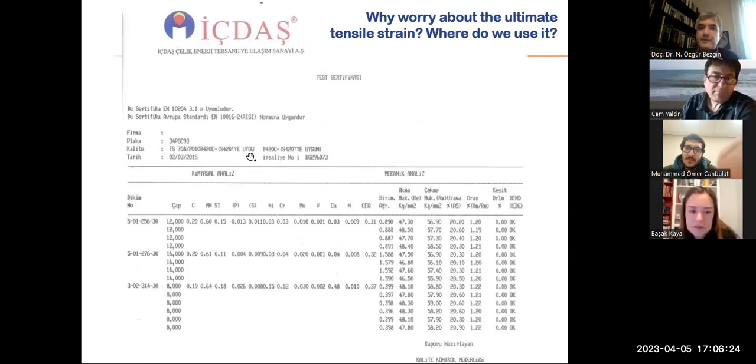Or for example, when I have an ITC test on my specimen, it is giving me a chemical analysis, a carbon equivalency test. These are all important. It is unit weight and minimum yield stress value and maximum tensile strength. Here we go again, maximum tensile strain. Why do I need this? Why is this important? I'm not using it.